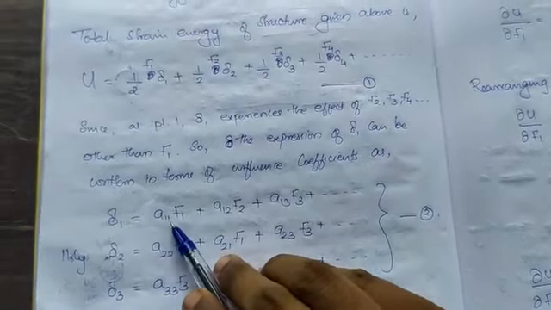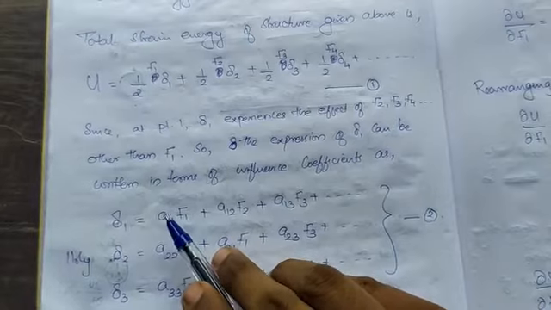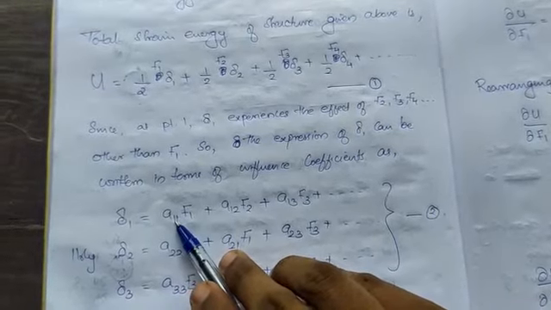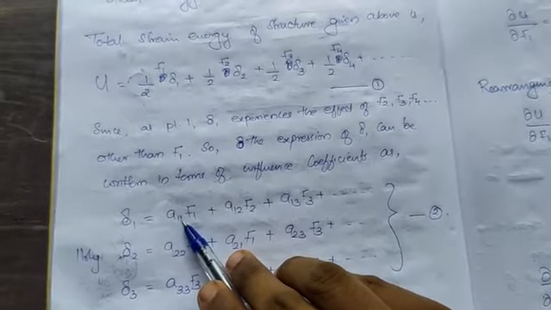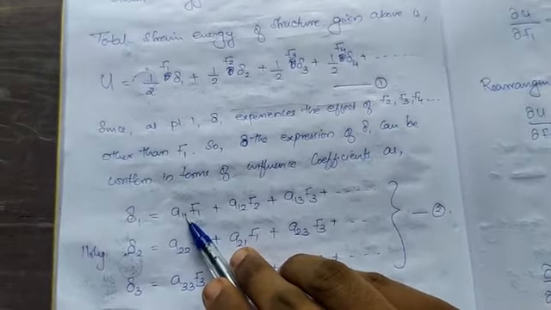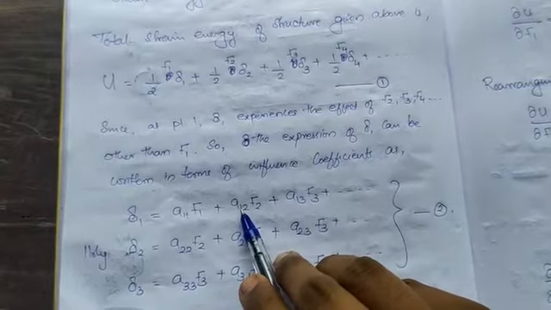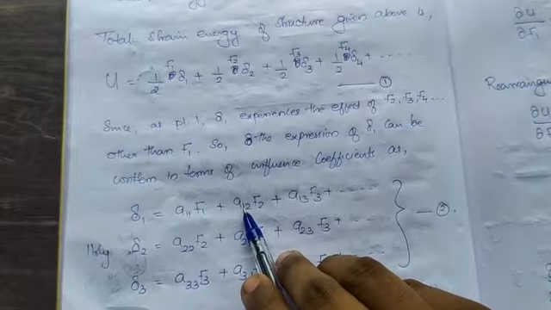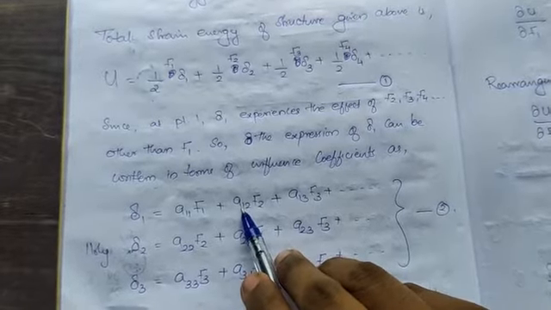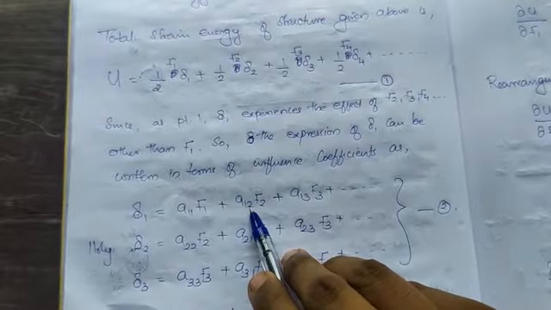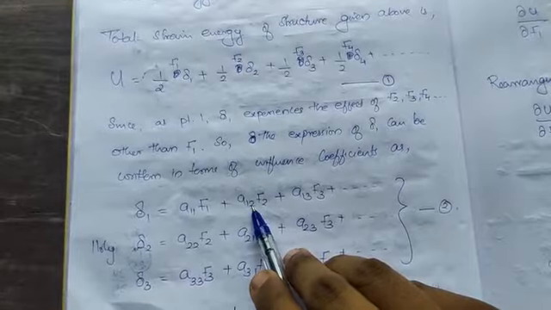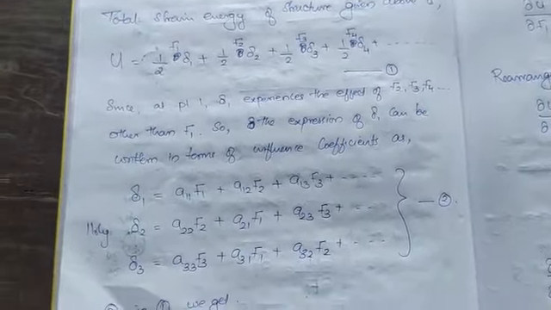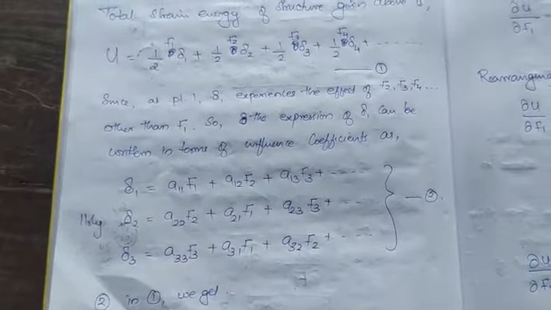What do we mean by A11? It is the influence coefficient at point 1, which is causing a displacement at point 1 due to the force at point 1. This is the influence coefficient for displacement at point 1 due to force F2, that means force at point 2 into F2, right? It goes like that. So you got it, right?